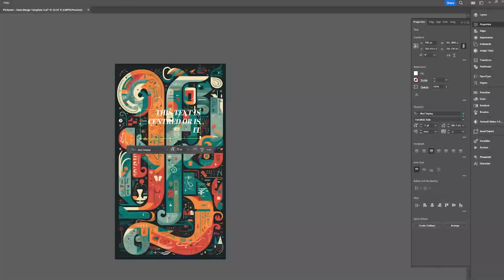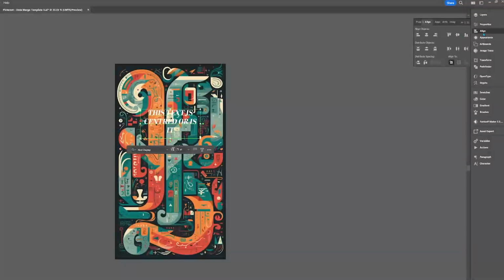And the other one that you're looking for is paragraph. So you can find it in properties. You can also find it in the paragraph window. So I'm just using the properties here, and you can see now that the text is center aligned. So make sure you check both of these alignments: paragraph align and object align center to board. And that will make a huge difference into whether your text itself is jumping around when you change it with